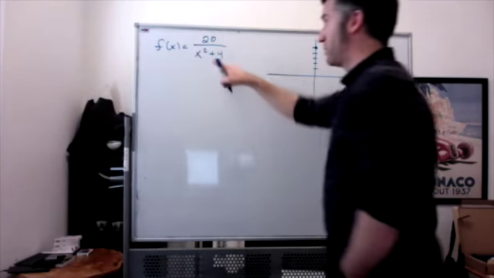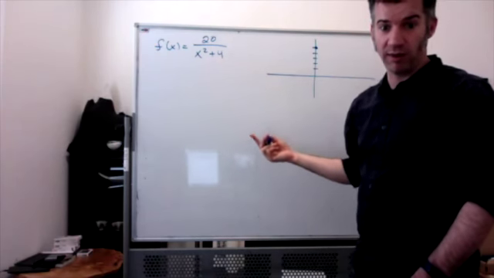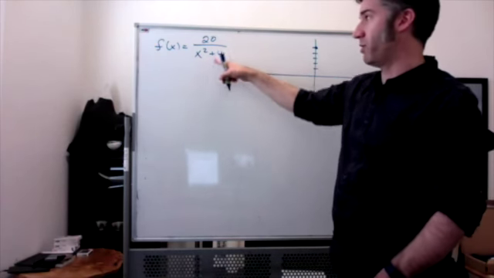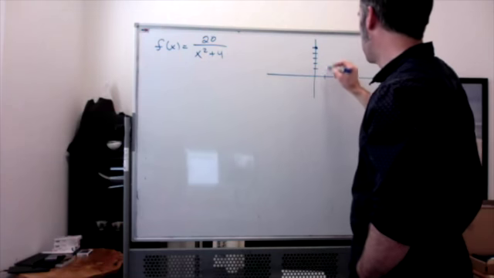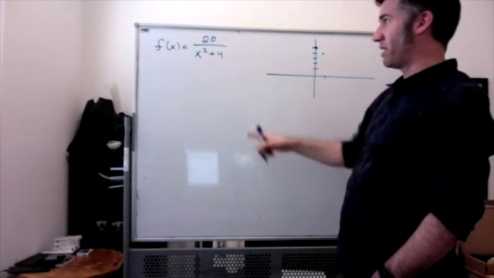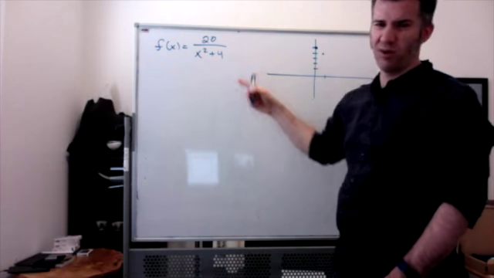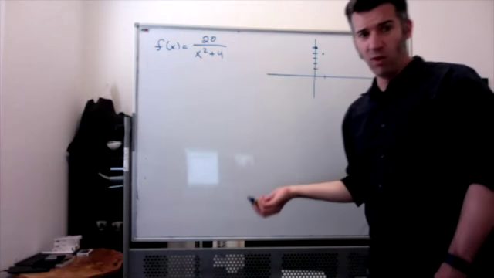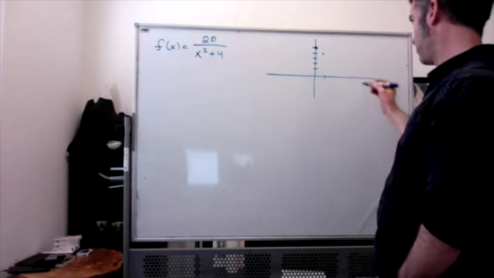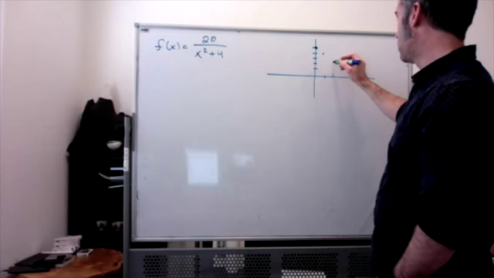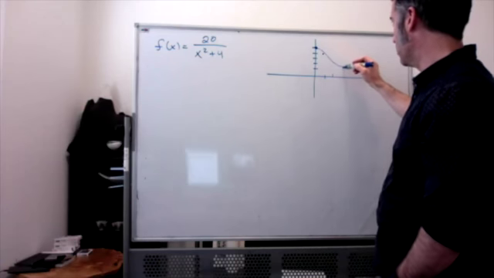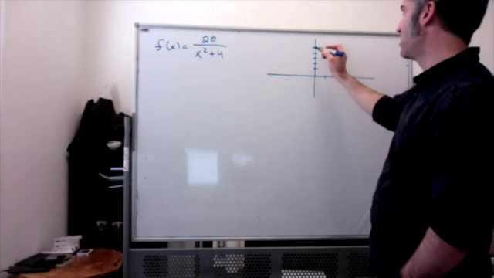And then if x gets bigger, the y values get smaller, right? If x is 1, 20 over 1 plus 4 is 20 over 5, which is 4. And if x is 2, 20 over 4 plus 4 is 20 over 8, which is like 2 point something. And so on. So it kind of does this. But then it also does the same thing to the left,